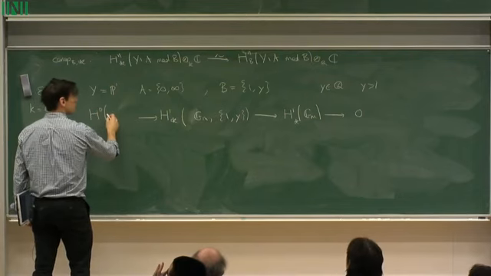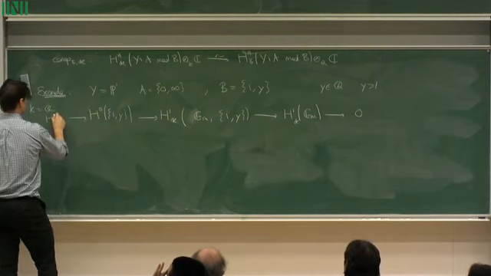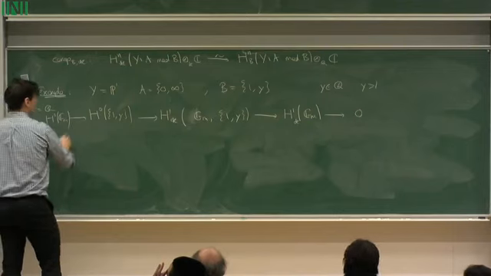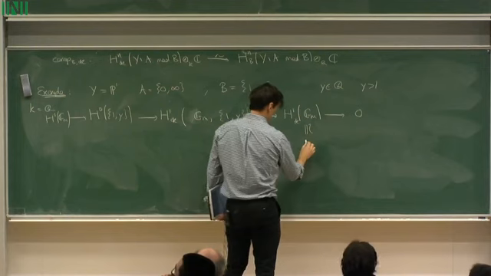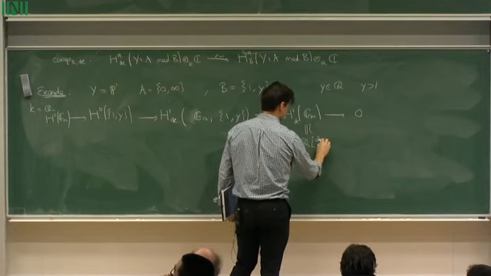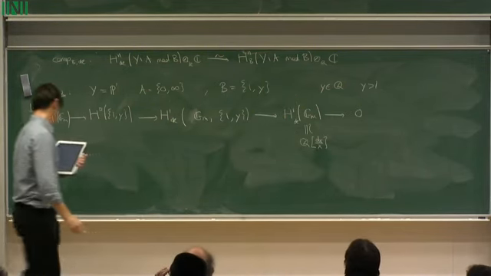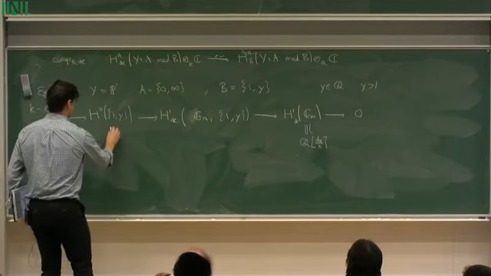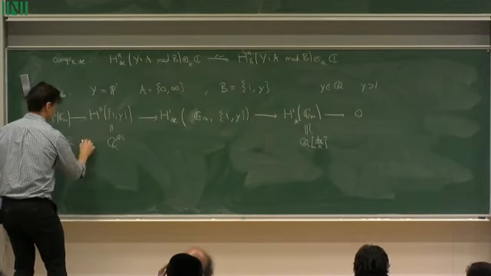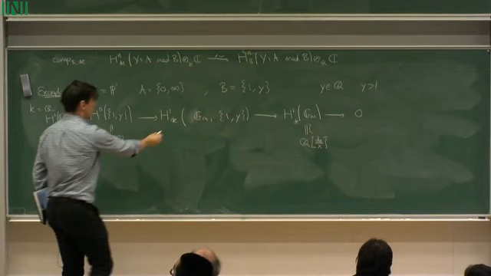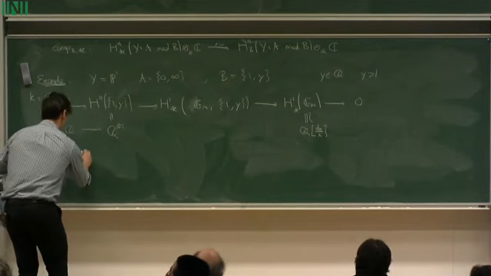H0 of {1, y} and H0 of Gm. So last time we showed that this gave an explicit complex computing this, and it's spanned by the differential form dx over x. And this is two connected components, so it's two copies of Q. So this has dimension 2, and we find,